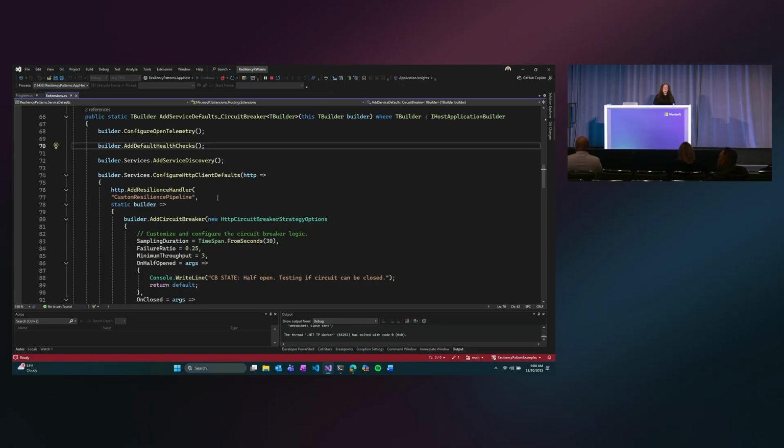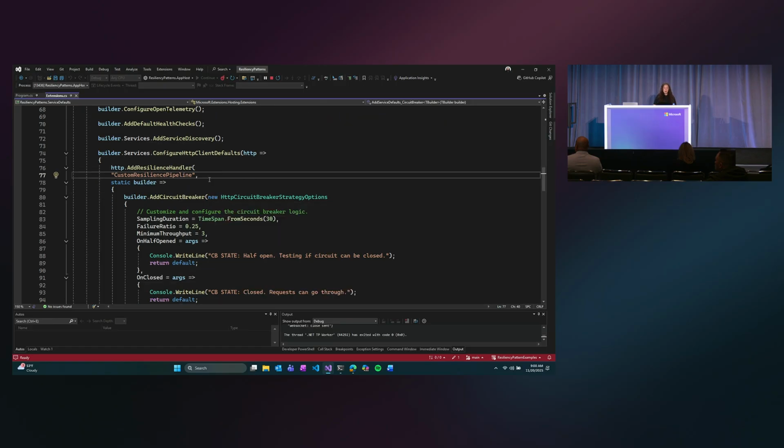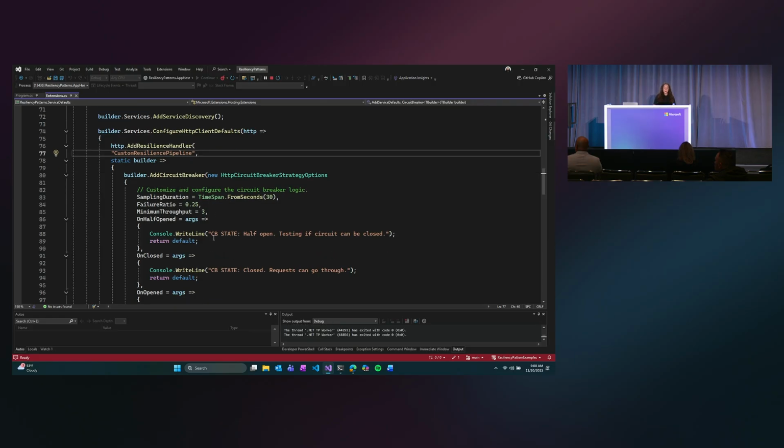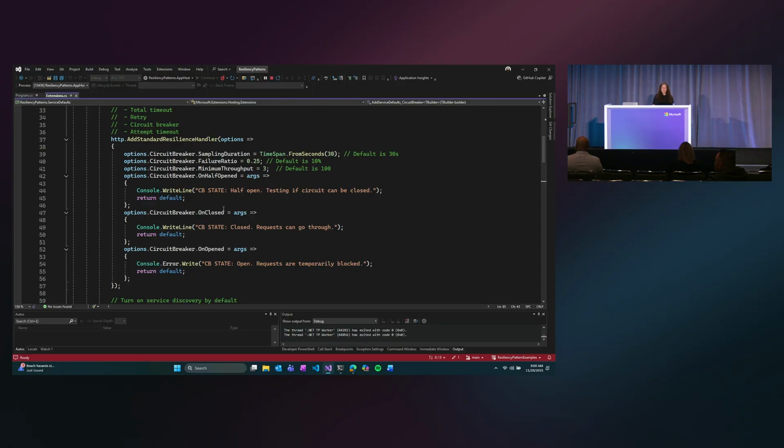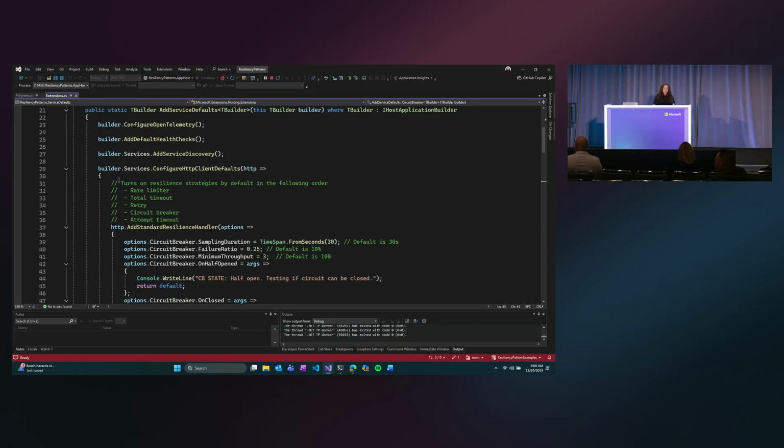But what I want to focus on is the resiliency pipeline for our HTTP client. Now here I'm adding a custom resilience pipeline to only demonstrate the circuit breaker pattern. We're going to have a sampling duration, we'll look for a certain failure ratio, and we want to have a minimum throughput. However, the default service defaults in .NET Aspire actually sets up a resilience pipeline of a ton of